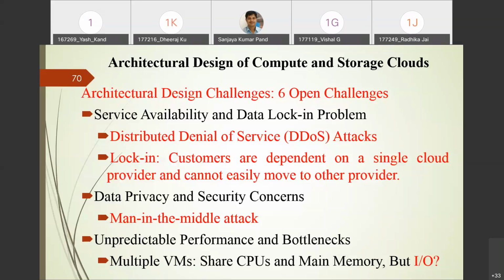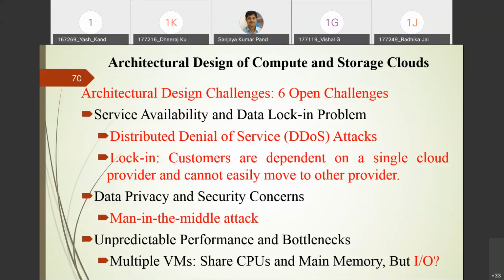Second one is the data lock-in problem. The data lock-in problem says that whatever things are there with respect to a particular cloud service provider, if you want to move from one cloud service provider to another, then the same thing may not work. That's why it is saying customers are dependent on a single cloud provider.